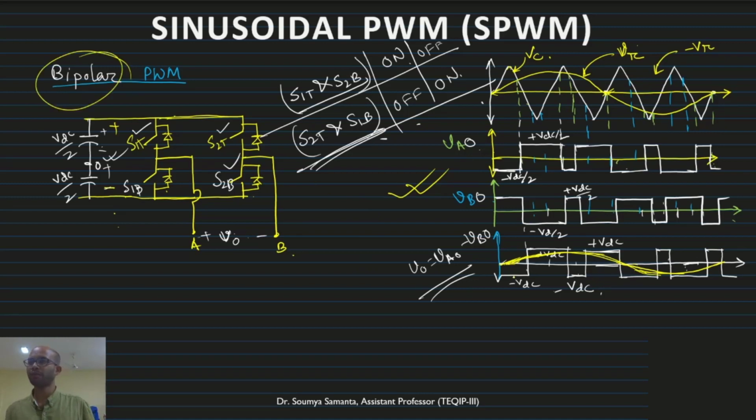This waveform is called bipolar. Why is it called bipolar? Because we have minus VDC and plus VDC, and here also minus VDC by 2 and plus VDC by 2. Previously we got only 0 or VDC. So this is all about sinusoidal PWM and most of the PWM part. The derivation you can do; I have given the basic background. That is all about the inverter that I wanted to discuss.